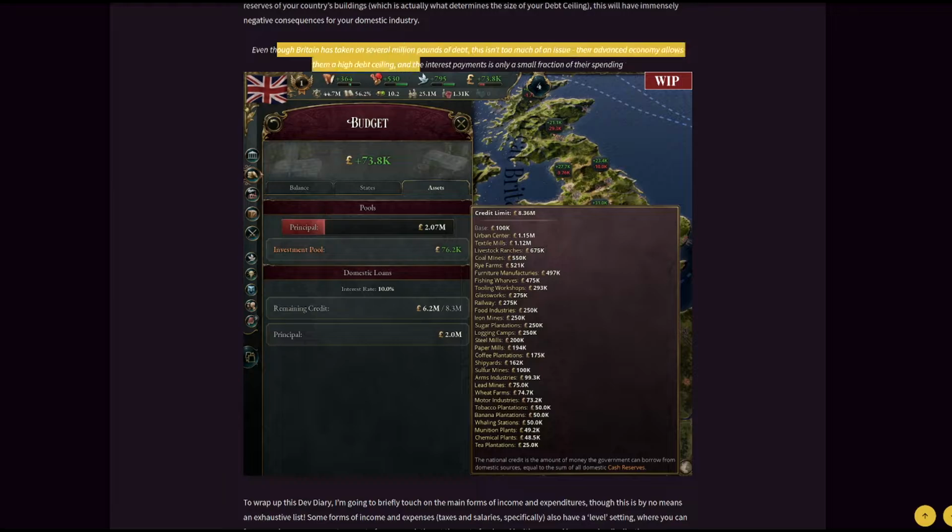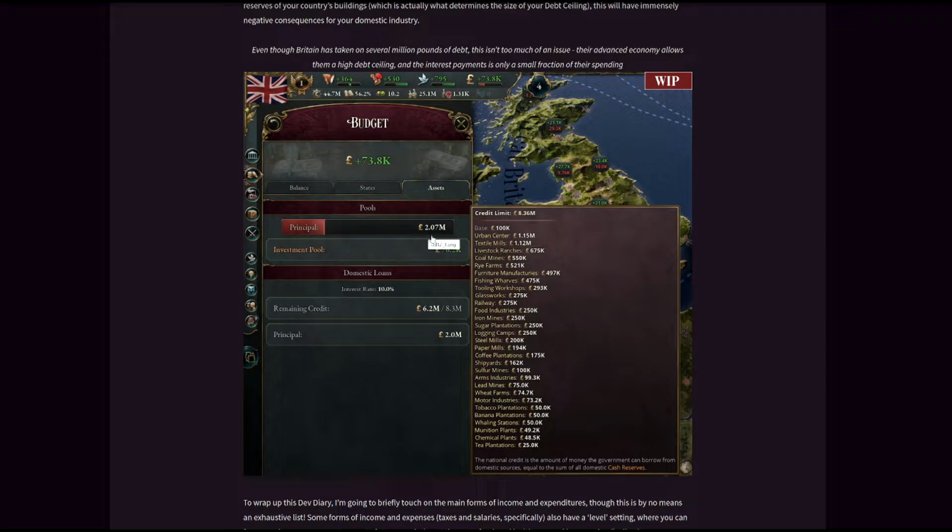Then there's an example, Britain. Even though Britain has taken on several millions of pounds of debt, this isn't too much of an issue. Their advanced economy allows them a high debt ceiling, and the interest payments are only a small fraction of their spending. Let's see, so they have several millions of debt, as you can see here. I think that's 2 million of debt. Their credit limit is 8 million. The investment pool is 76,000. They have an interest rate, as you can see here, of 10%, which means they would have to pay 200k per year, probably, if that works that way,